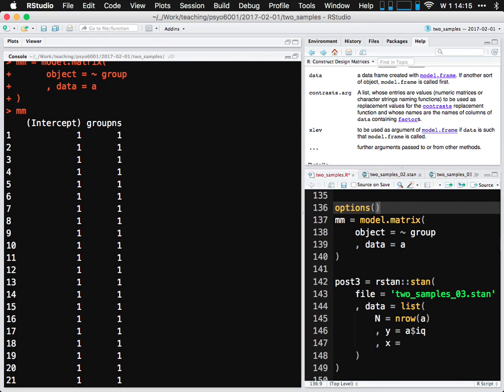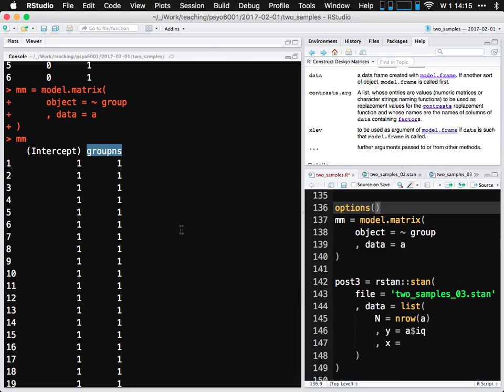There's a way to set how it defines contrasts. That's what we're really doing here: asking for the contrast values from a model using group as a predictor. But there are different ways to compute contrasts. You can have what are called treatment contrasts, which is what this 0 and 1 is. There's another type called sum contrasts, where they sum to 0, so one is -1 and the other is +1. That's the one we want. By default model matrix gives you treatment contrasts. What you want instead is